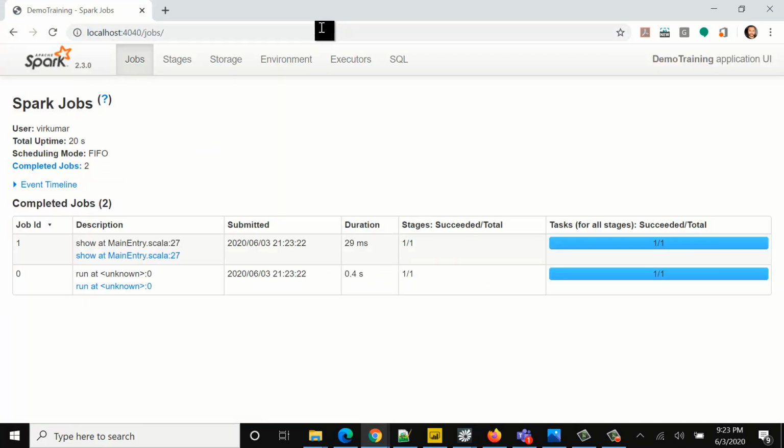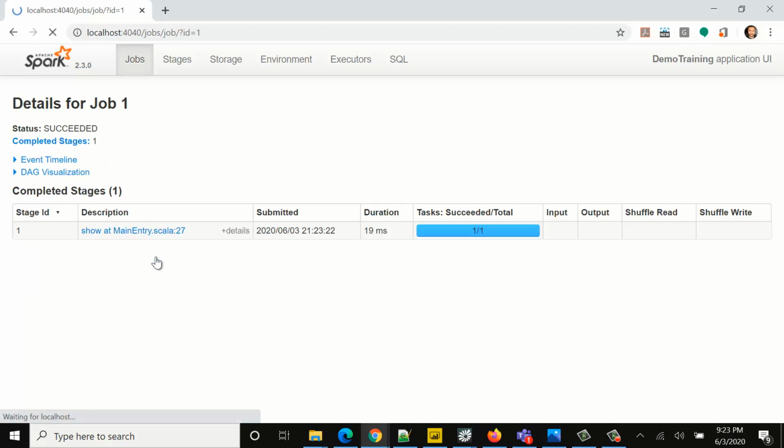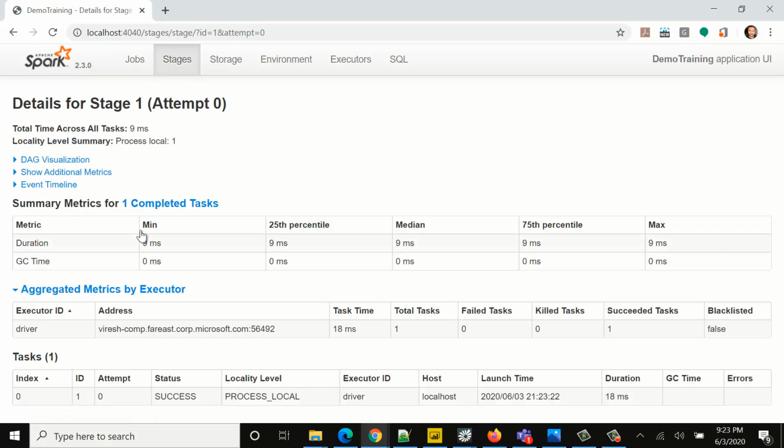Perfect. Here you see, right? This is the Spark UI which is created on your active Spark session on your local machine. This is the program we are running, this is a job main entry, you can click on that, right? You can go here. So there's only one stage, obviously, right? There's a sample data, there's no shuffling as such. It's running on local single node,